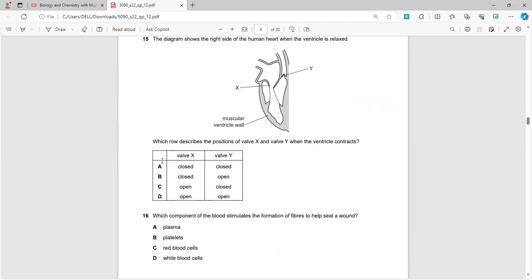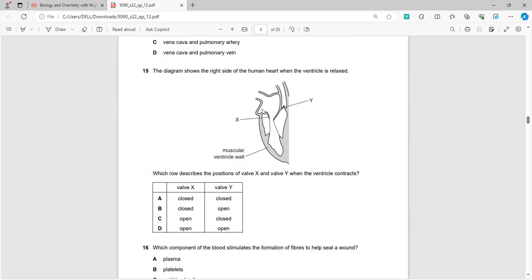Now, in question number 15, basically what is happening is, when the ventricle contracts, the blood has to be forced into the aorta, and this is the aorta. So, how will the blood flow into the aorta? It will only flow when this valve opens. So the valve opens, and this valve will close. Why does this valve close? This valve closes so that the blood, once pushed from over here, does not flow back towards the